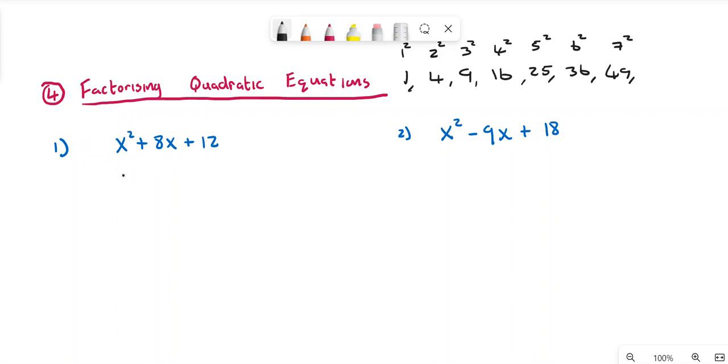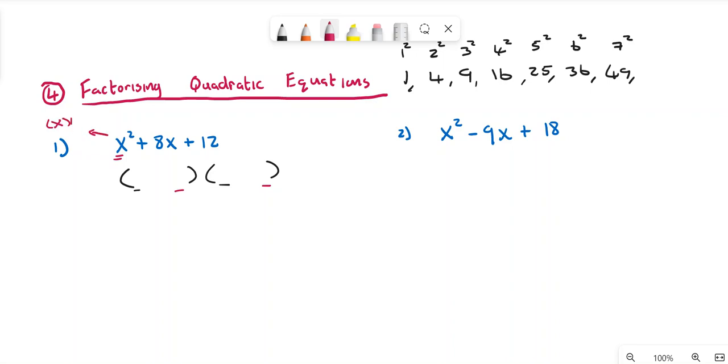The first thing we want to do is open up our two brackets. Now we have the place on the left, and this place on the right, and in the middle we're going to have the signs. The first thing you want to do is look at this first term and think about what the factors of x squared are, and they're the ones that will go into the place on the left. So the factors of x squared would be